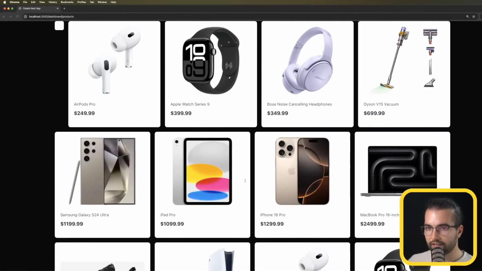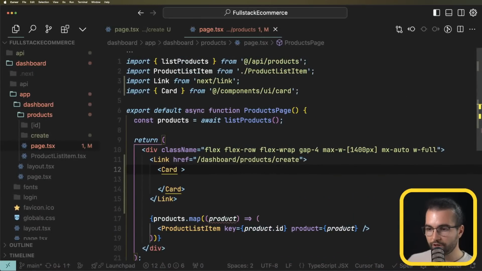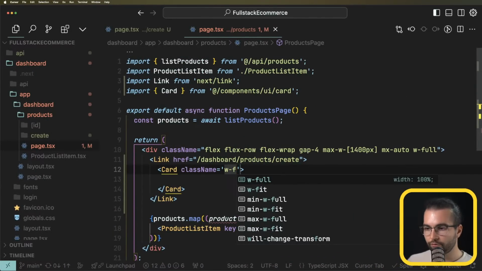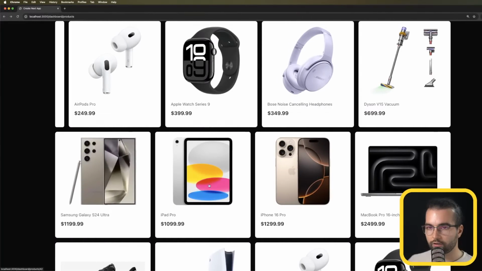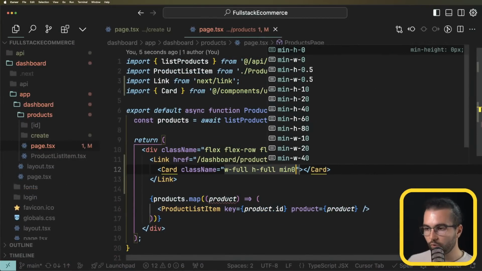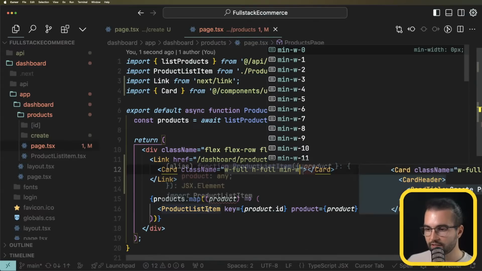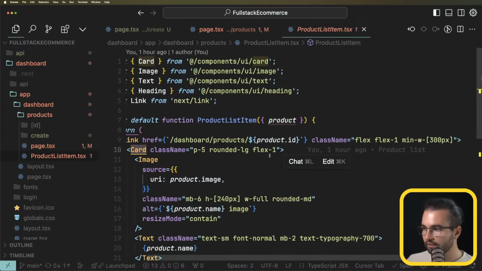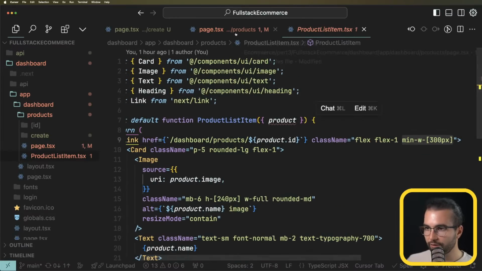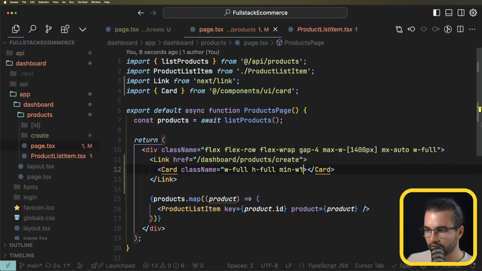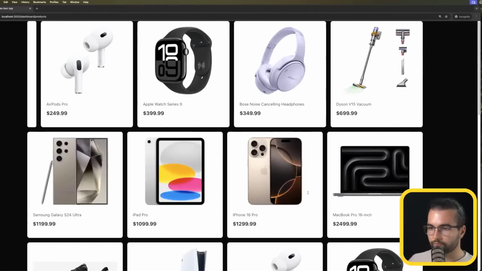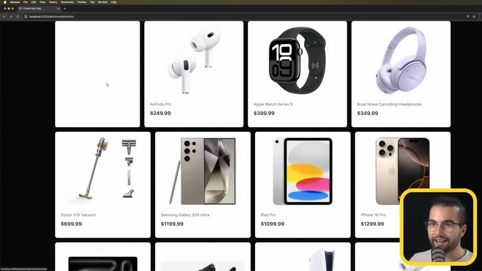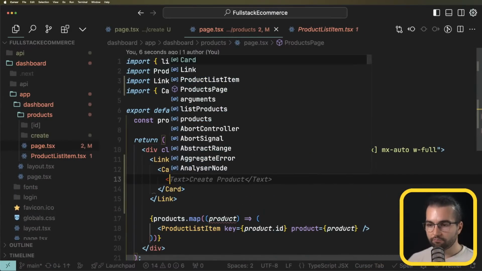And inside the card, maybe I should do class name w full and height full. Okay. And maybe a min width, similar to how our product list item has. Let me go there, the card, or maybe this one, the link has min width 300 pixels. I'm gonna have the same here. So it's an empty square, and inside there I can render an icon